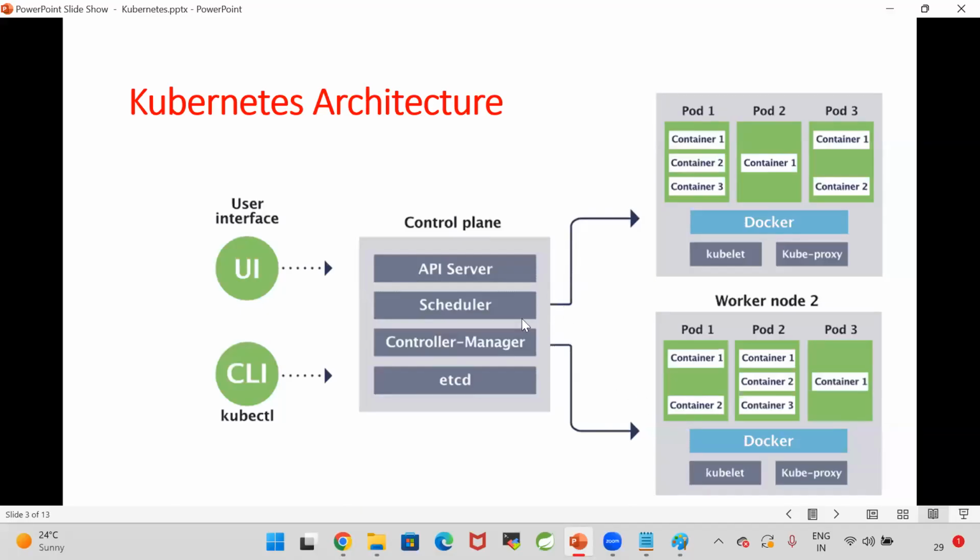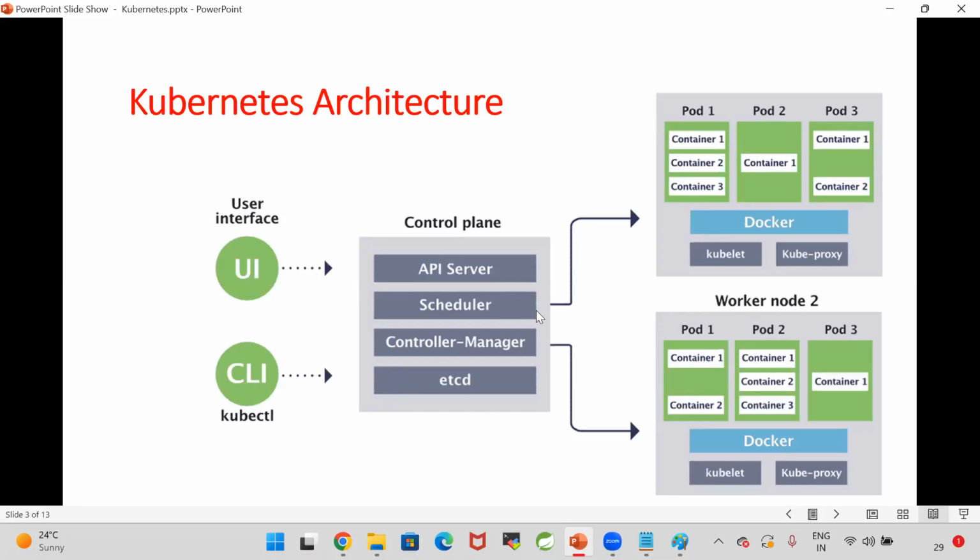So who will send the task to the worker node? Scheduler will identify which worker node we have to use. Then the controller manager is going to send that task to the worker node to create the pod. As the scheduler and controller manager want to talk to the worker nodes, there should be some connection, some network. That network will be provided by kube proxy. Kubelet is called a node agent. Kube proxy will provide the network to communicate from control plane to worker node and back to the control plane.